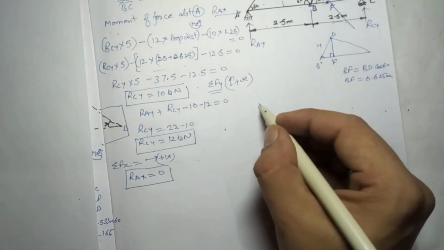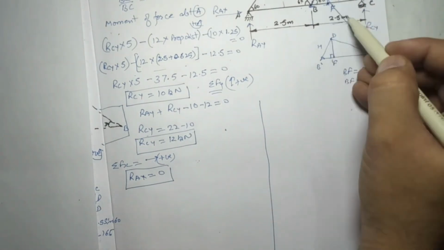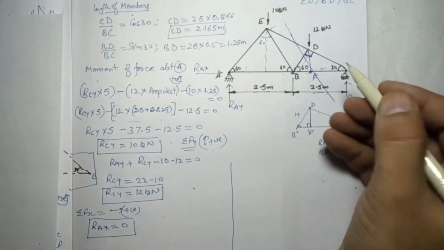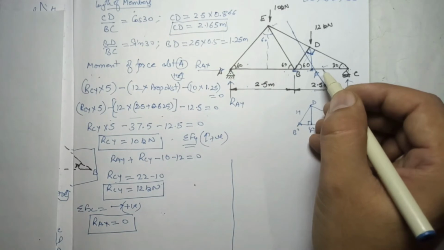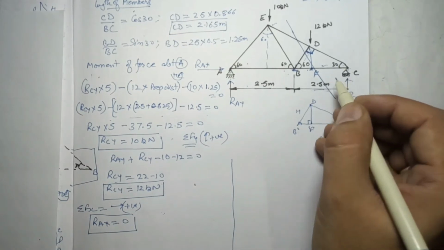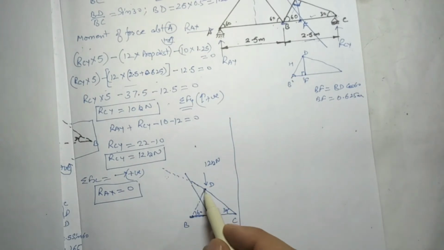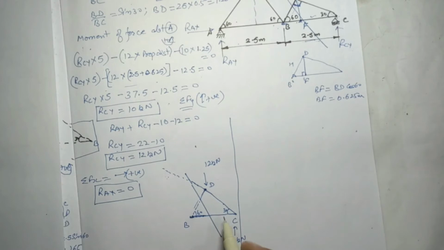Now we will go for the method of sections. We will see how to apply it. So we have taken this section plane which is passing like this. Now here you can decide about which point we will find the moment. So to apply that, first I will draw the free body diagram so that you can understand it more clearly. So these are the three members, 1, 2 and 3, in which we have to find out the forces.